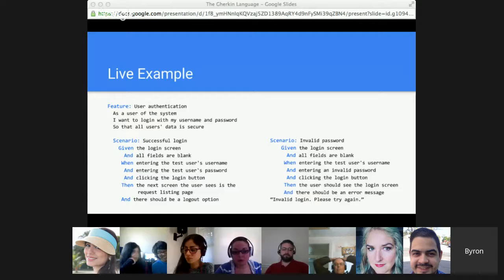What's really nice about this is that it allows the entire team, everyone on this call, to be affected by, but also to have influence on the feature: the acceptance criteria, the scenarios, and also the steps that back it.